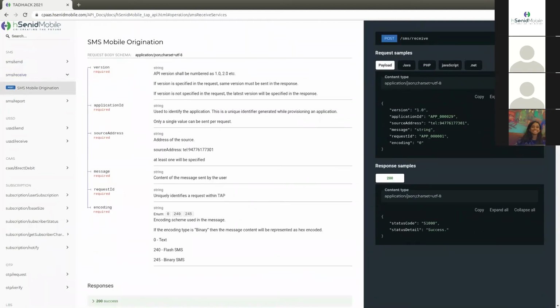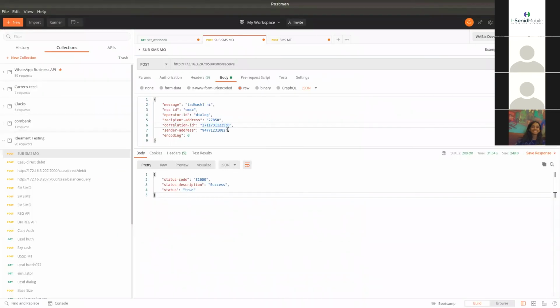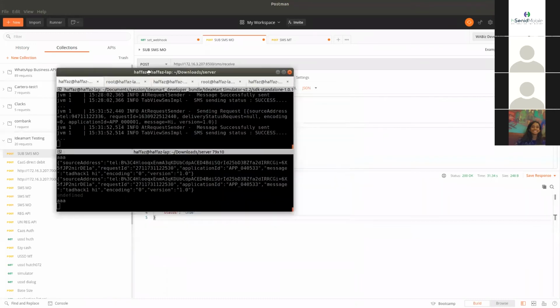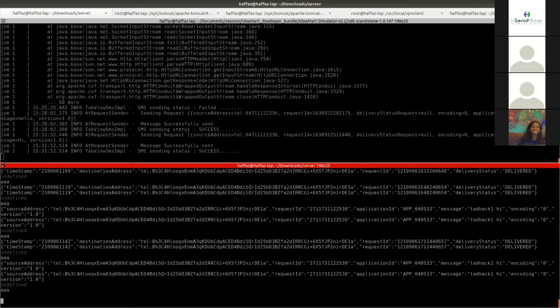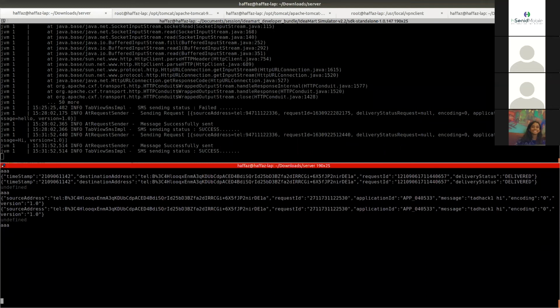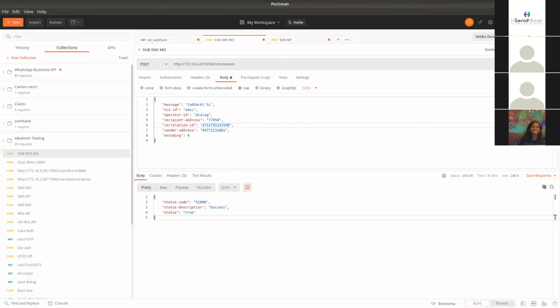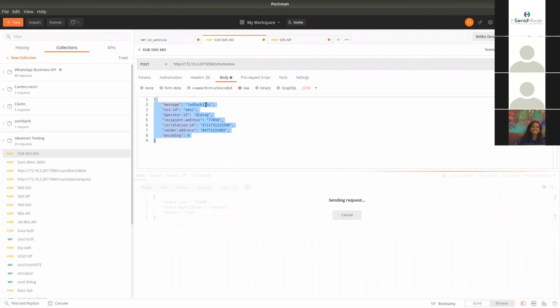So I can demonstrate it again using Postman. So let's say this is the message I'm going to retrieve, and I have my node server in here. So in the bottom tab, you can see this. Any response I get, I'll get it in the console at the bottom. Now I sent the message. So it should be hi. The message is hi.